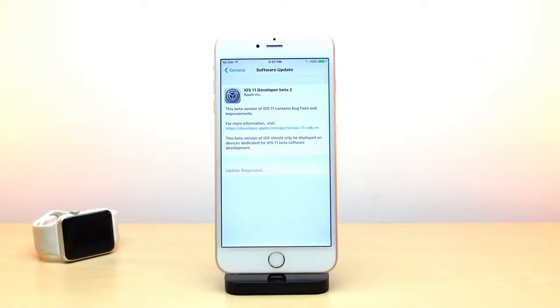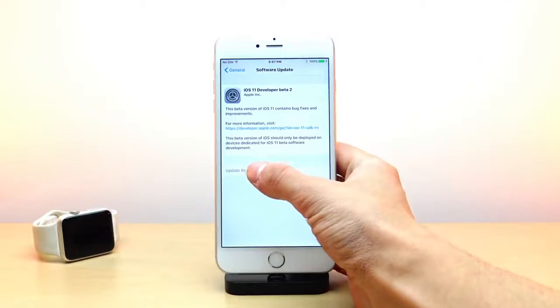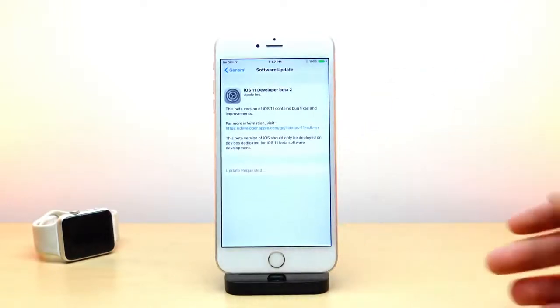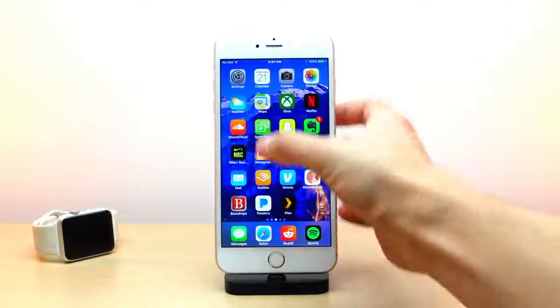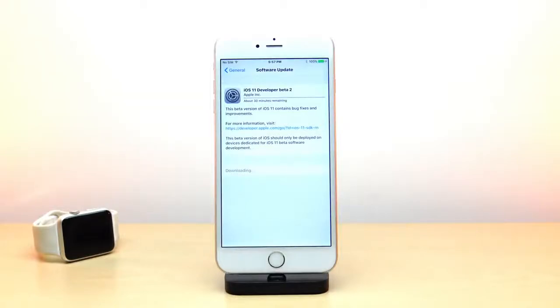As you can see, it says update requested. If it does not say that on your device, it should say something like install or download, and you're just going to go ahead and click that and it will begin this process, and you will see what is displayed on my screen currently. In just a second here, the screen will update to a progress bar ensuring us that the download has started, and it will give us an ETA of how long it will take. In my case, it looks like it's going to take roughly 30 minutes,